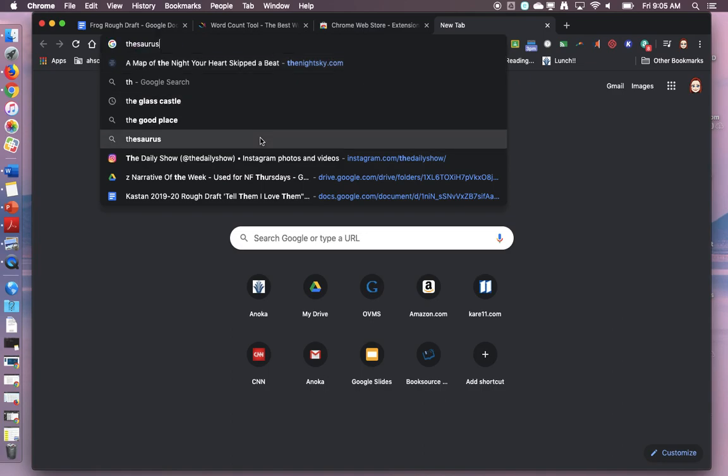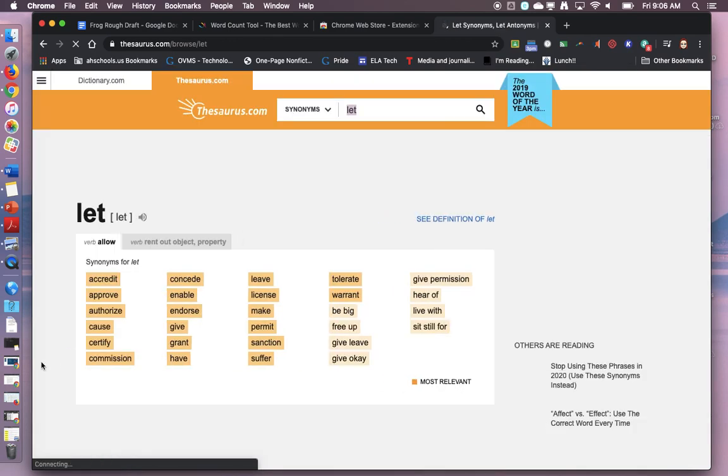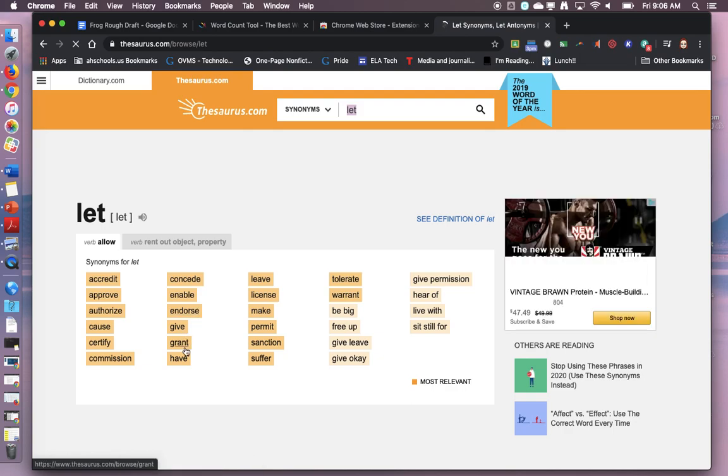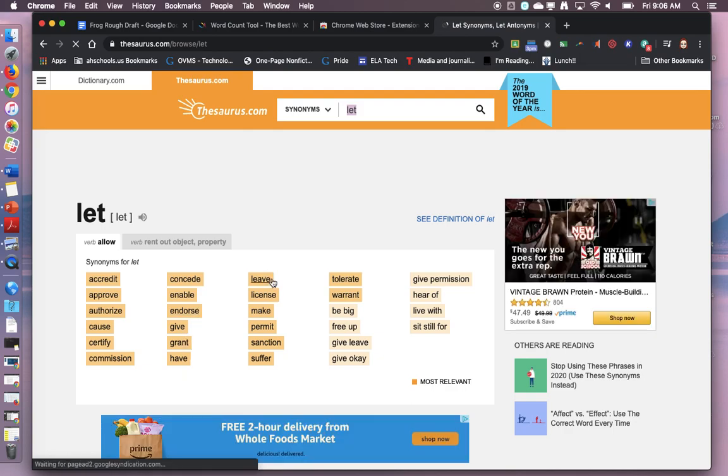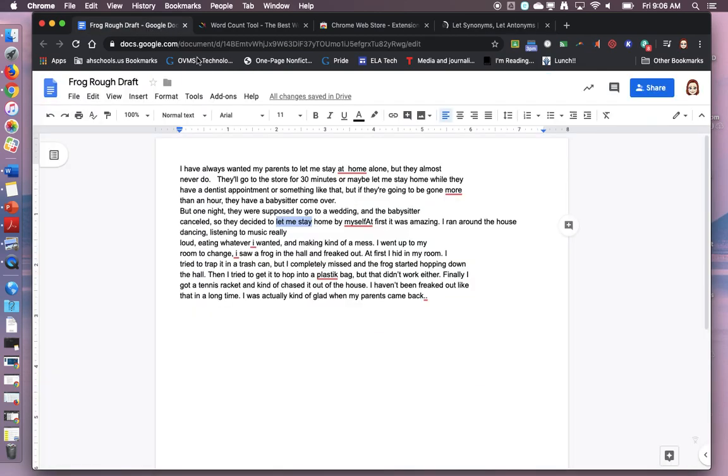and search thesaurus. So "let." Accredit, approve, authorize, cause, certify. You can tell not all of these are going to work in the draft. So pick one: concede, endorse, give, grant, have, leave. Leave. That makes sense. So I'll go back to my draft to, instead of "let me stay,"